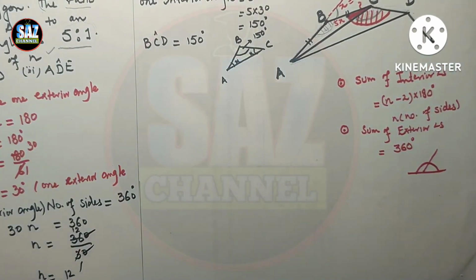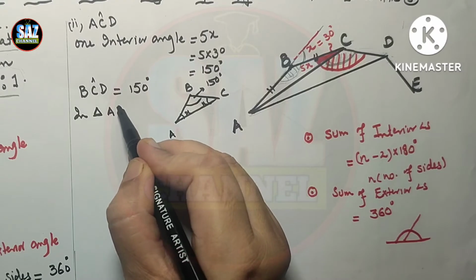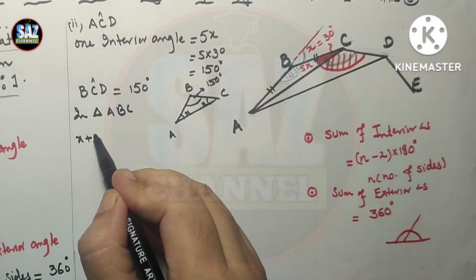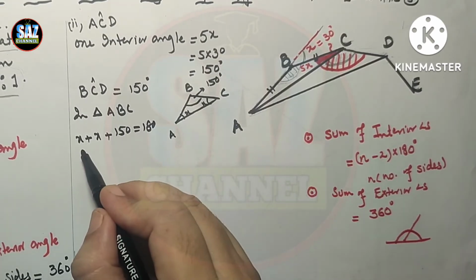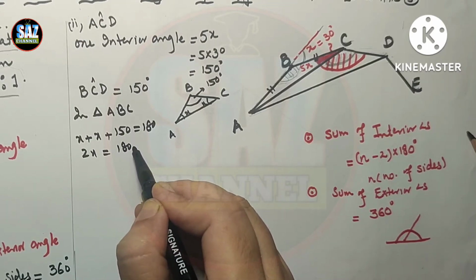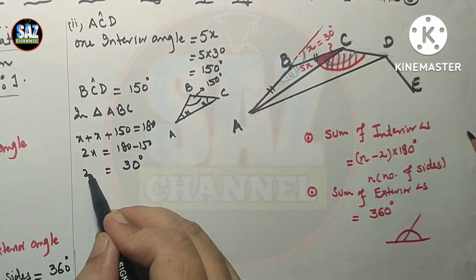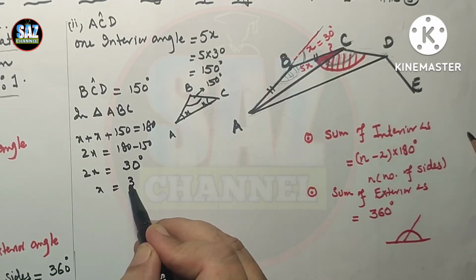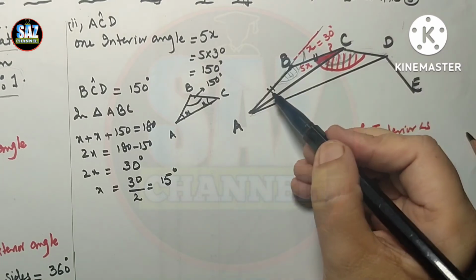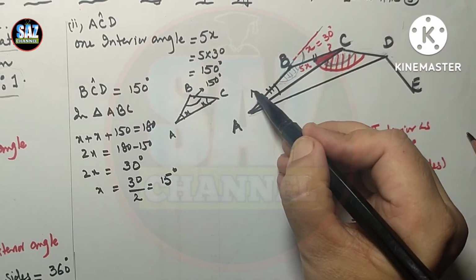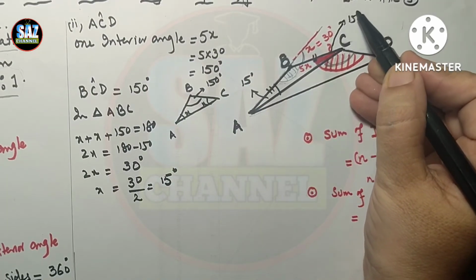Okay, now in triangle ABC, x plus x plus 150 degrees equals 180 degrees. 2x equals 180 minus 150. This will give me 30 degrees. 2x equals 30, so x equals 30 upon 2, which is equal to 15 degrees. Okay, this is the value of this angle, angle A, and angle C. Angle C, this is 15 degrees. And now